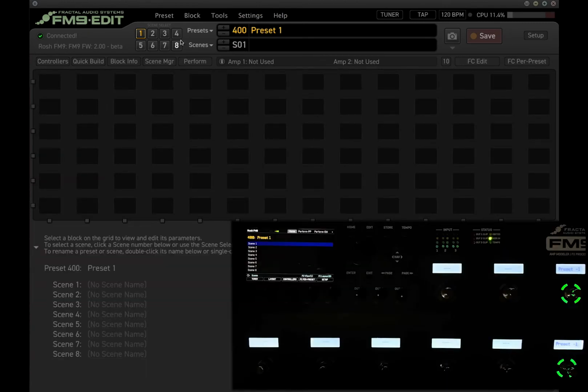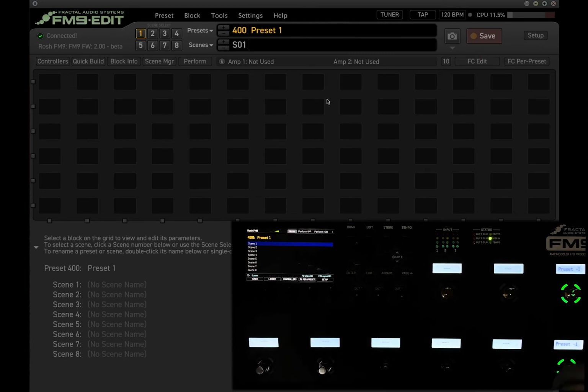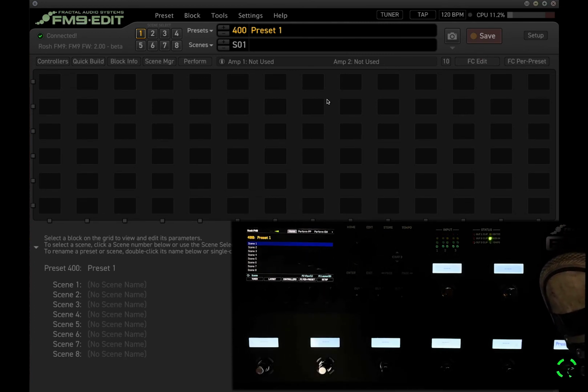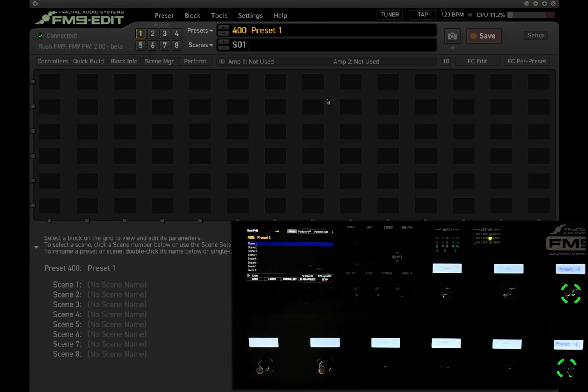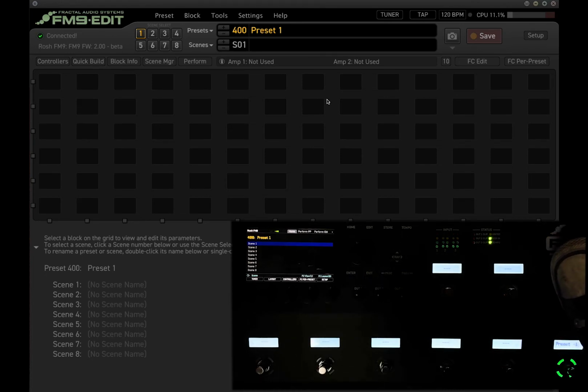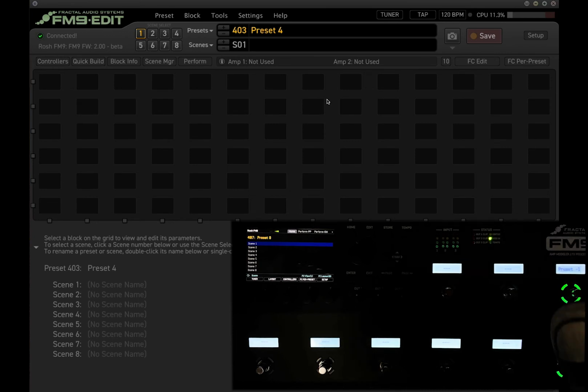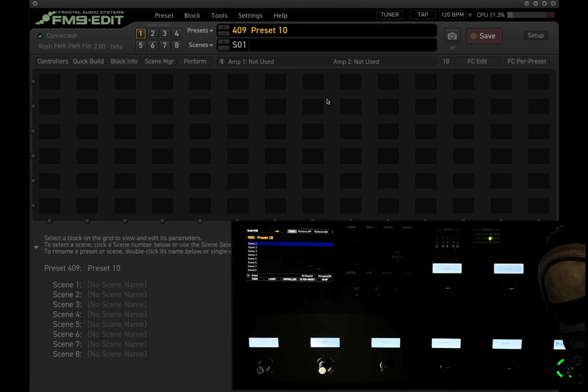So the cool thing is, if you look down at the unit, you can just scroll up and down through your presets, and you don't have to worry about leaving the particular presets that you need. So again, if you're in a band and you have a specific set list, let's say these 10 presets is your entire set list, all you have to do is play song 1, then song 2, song 3, song 4, song 5, song 6, song 7, song 8, song 9, and song 10. And then if you hit up again one more time, it will wrap around back